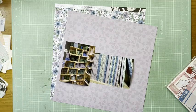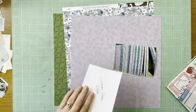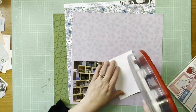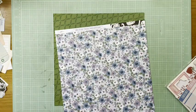Back with another Paris layout today. So I took some photos of it. The store is like home goods, stationery, some crafts, a little bit of food, and it made me laugh because